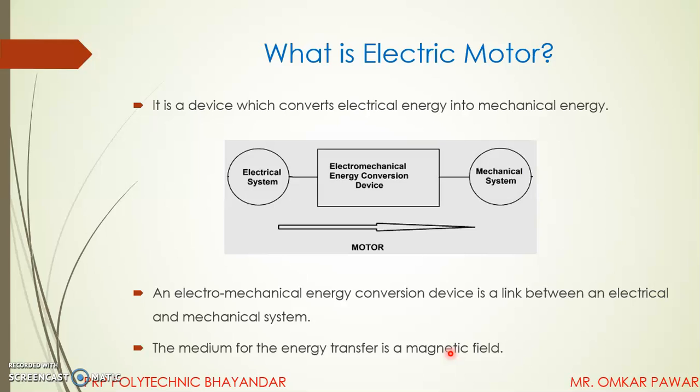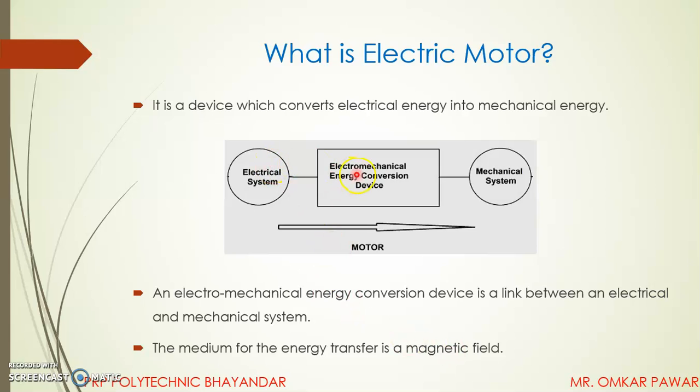So, what is electrical motor? So, electrical motor is basically a device which converts electrical energy into mechanical energy. Up till now, you will only listen that is generator. That generator converts mechanical energy into electrical energy, but this is reversible action, that is the machine takes electrical supply as an input and gives the mechanical output.